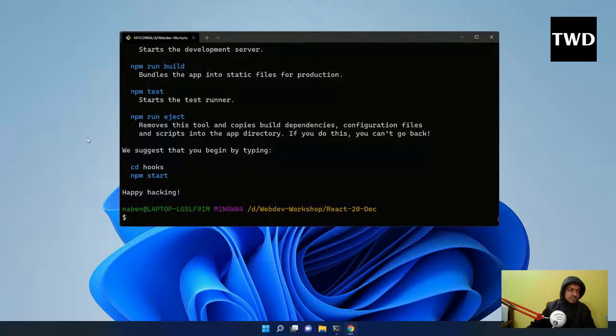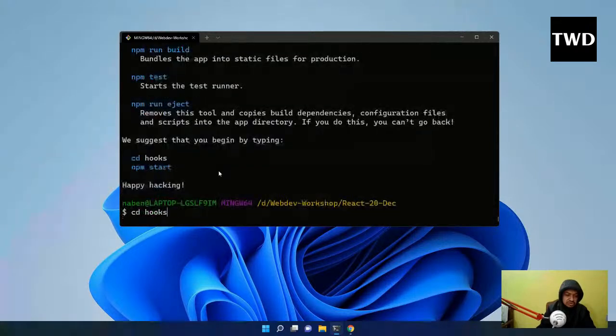Okay, so what I'm showing, I just created a new project, because I want to use hooks in a new project, and I have given the GitHub repo for yesterday in yesterday's video. I have created an empty project with npx create-react-app. I think we all should know this till now. Then cd hooks,